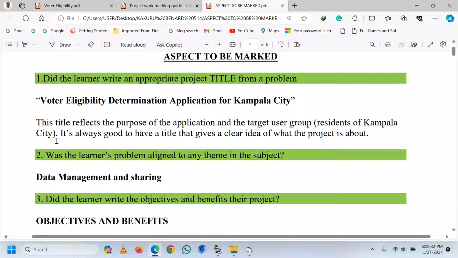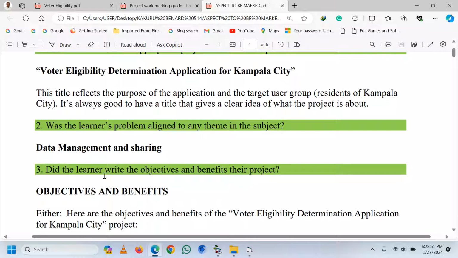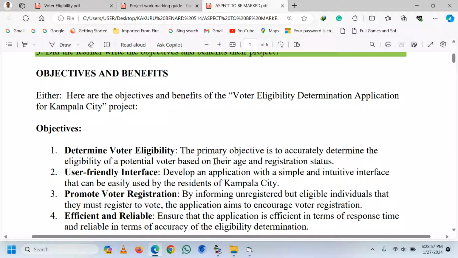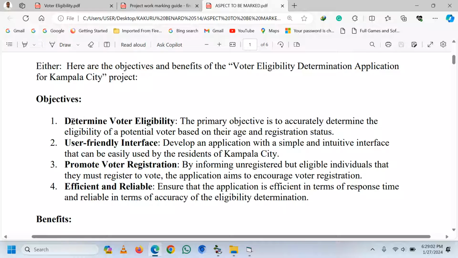project is about. Then, was the learner's problem aligned to any theme in the subject? Now this is ICT, meaning that this project of developing an app can run under data management and sharing. Did the learner write the objectives and benefits of their project? So we can have the objectives and benefits either or. So we have, for example, objectives,